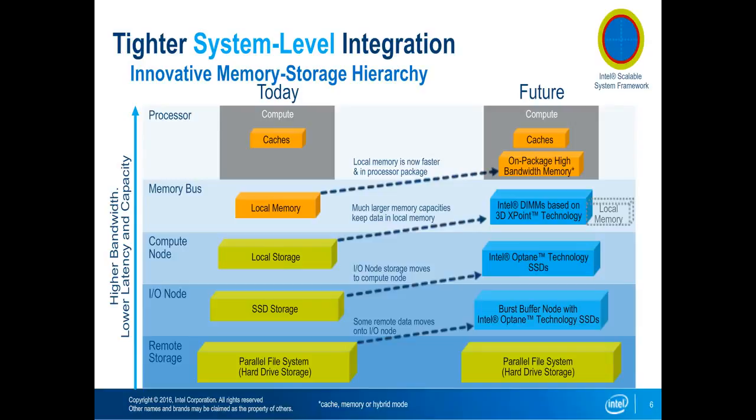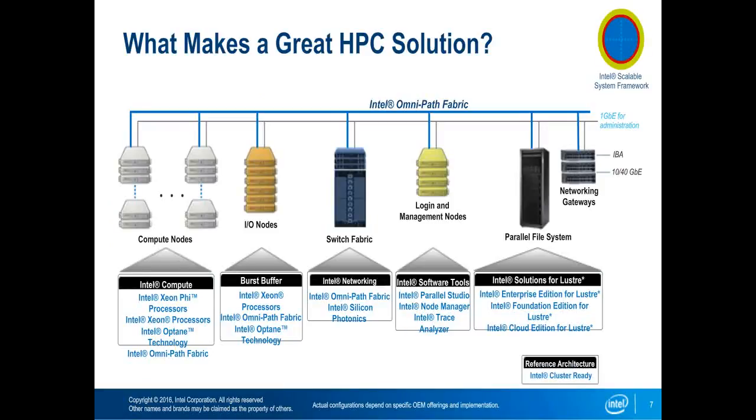So a standard system that you might want to think about is basically shown here on this slide. It's somewhat obvious, but you have compute nodes and you have the I/O nodes I was just speaking about, like a burst buffer kind of node. You have your fabric, whatever that could be. It could be OmniPath from Intel, it could be InfiniBand, it could be Ethernet even. Then you have nodes for logging in and managing the system, depending on its size. You may not need that for a small system. And then the parallel file system, which is typically Lustre.